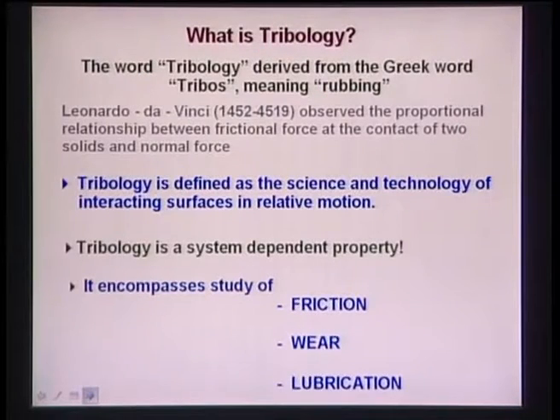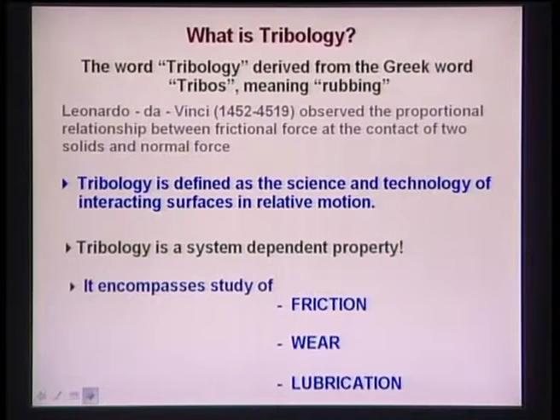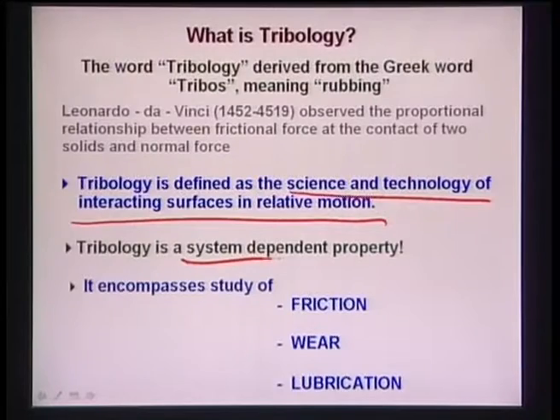Now coming to tribology, that is the friction and wear kind of test. So this tribology is derived from the Greek word tribos, which means rubbing. Rubbing means when two materials rub against each other, so at the interface these materials will undergo surface damage, and surface damage induces material removal, and that can cause the friction and the wear of the material. And it is defined, this is a formal definition, as the science and technology of interacting surfaces in relative motion.